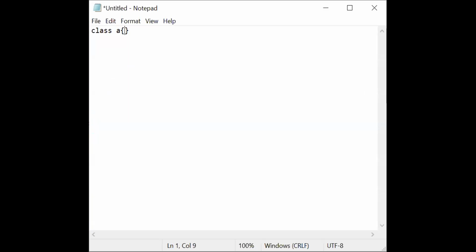Class A, define one method, public int add. You can say addition or subtraction, whatever you want. Okay, addition, no problem. And put the parameters, like two parameters, int A, int B.